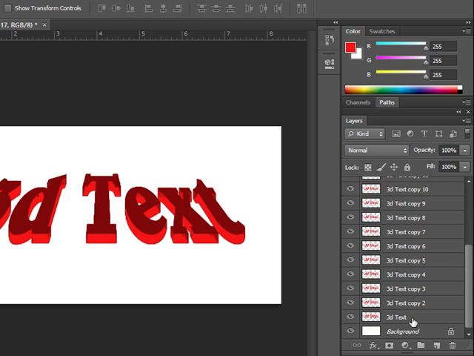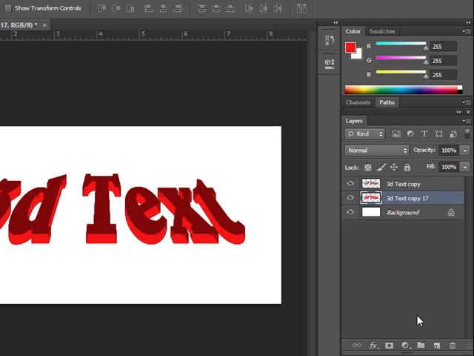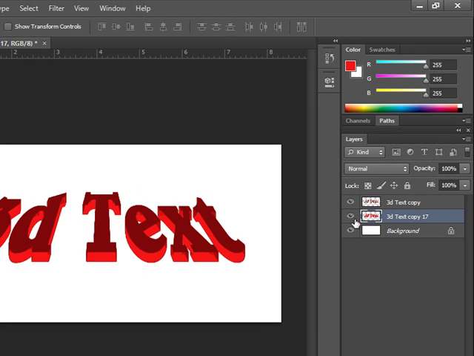Do not choose the background layer. Now press Ctrl plus E. Now the bottom layers have been merged together. Now you see it is the top layer, and beneath it you are having the depth of the text.